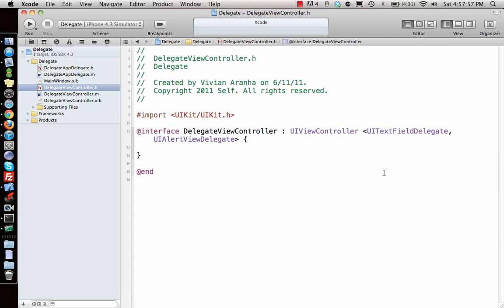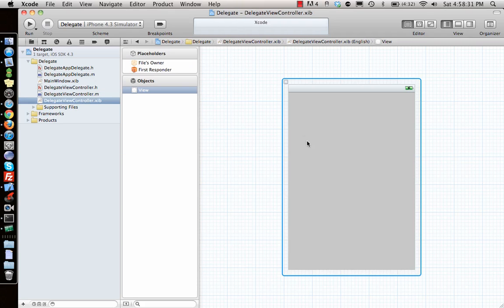UIAlertViewDelegate, as we know that in Objective-C it's only single inheritance. There's no multiple inheritance, but you can have multiple delegate references, multiple protocols. You can make your own protocol, which we'll be doing in later chapters, and we'll see how it's done. For now we'll just look at two delegates, UITextFieldDelegate and UIAlertViewDelegate. There are a bunch of different delegate files we'll look at, but for now let's continue with this. So for this the first thing we need is a UI text field